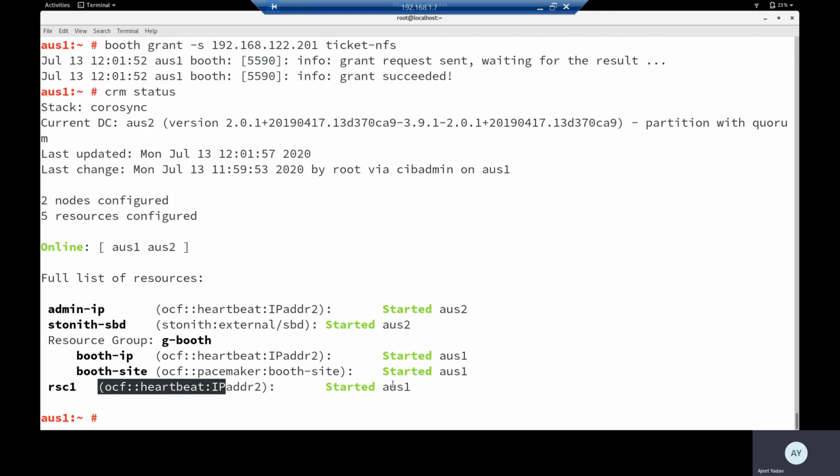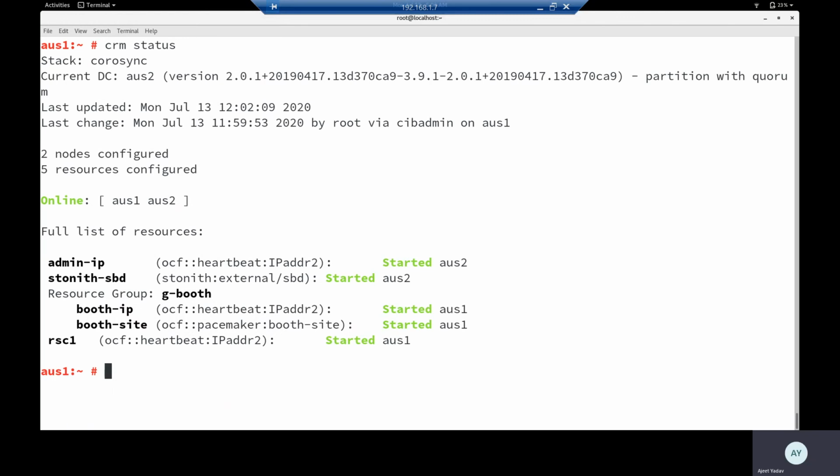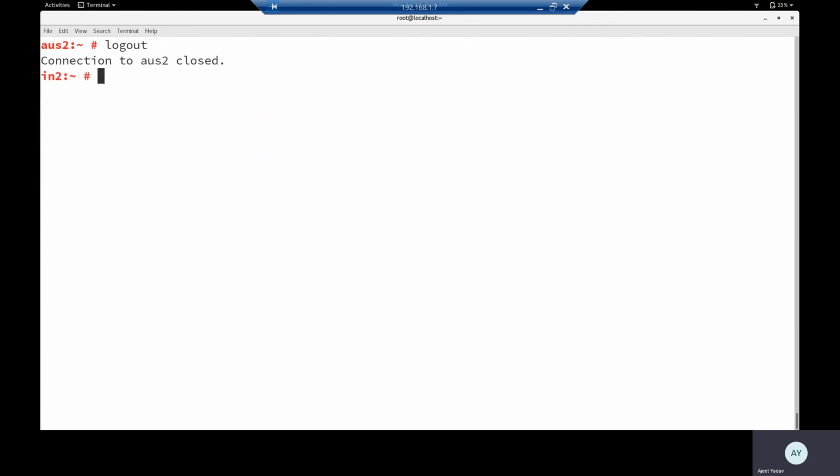So if you revoke the ticket, or for example if this machine is down, which one? Australia 1. Let's come to my Australia 2 first. If I run booth list, it says this particular ticket is granted, and this is the leader as of now.